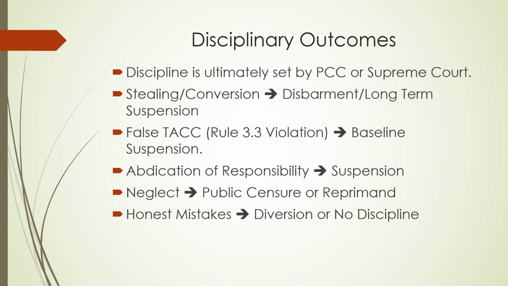Finally, honest mistakes. Most of the overdraft notices and self-reports that we see at the ADO involve honest mistakes. For example, the attorney may accidentally deposit the client's retainer into the wrong account or may print checks out of the wrong account. When the attorney learns of the mistake, the attorney promptly corrects the mistake and notifies the Attorney Discipline Office. In these cases, the Attorney Discipline Office is likely to non-docket or dismiss the matter or propose a non-disciplinary diversion. In these cases, the Attorney Discipline Office may make some suggestions on how to avoid this problem in the future.